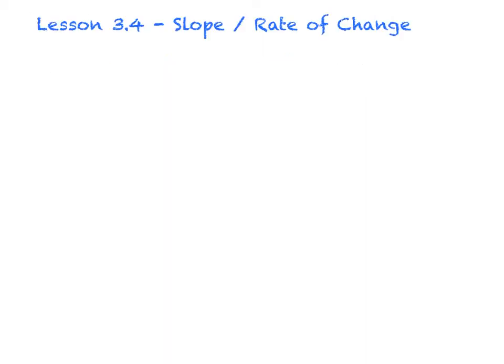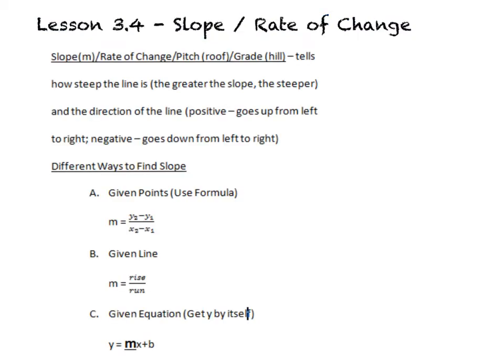So let's talk about what slope and rate of change actually is. Slope, which is abbreviated M, is also the same thing as rate of change. If you're talking about a roof, like if you're a construction worker, slope also means pitch. So if someone says, hey, the pitch of the roof is such and such, then they're talking about slope. And if you're talking about a hill, sometimes it's called grade. If you're driving through the mountains, you actually might see a sign that says grade of a hill. So basically all four of these words, slope, rate of change, pitch, and grade, tell how steep a line